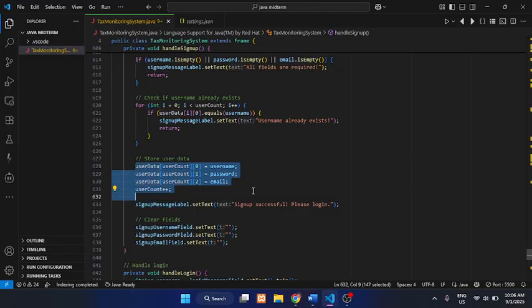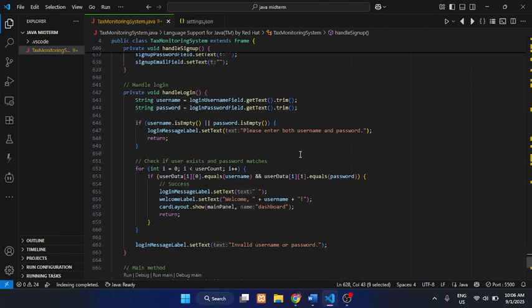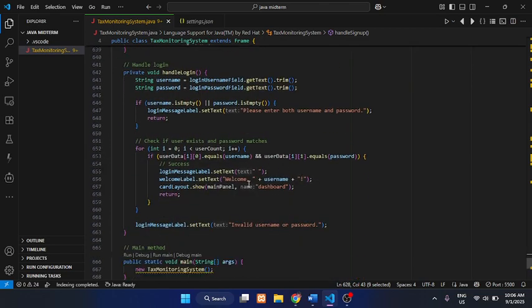If the user is not yet registered in the system, he or she cannot log in. After logging in, the system will welcome this username.